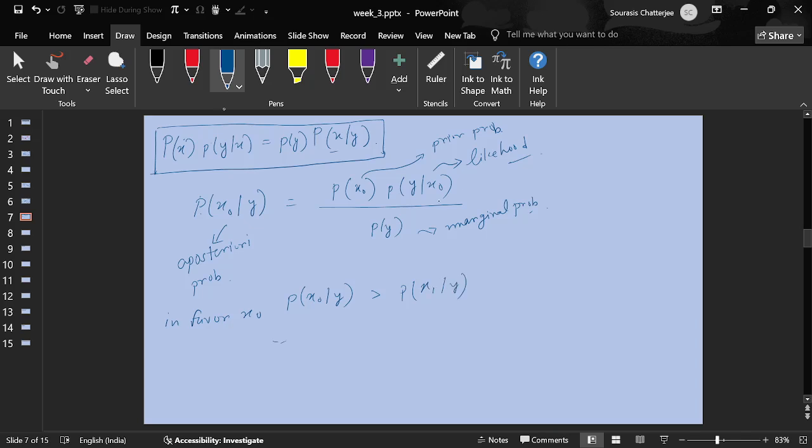If I replace this entire value here, it turns out to be p of x naught times likelihood divided by p of y is greater than p of x1 times probability of y given x1 divided by p of y. Now the marginal probability we are not concerned about, because you can see this is going to cancel from both sides. So essentially we are going to decide in favor of